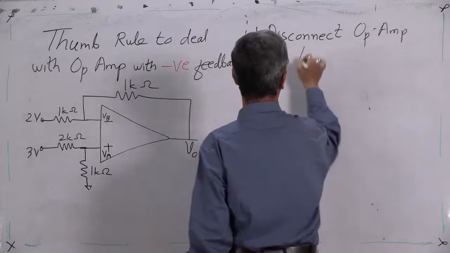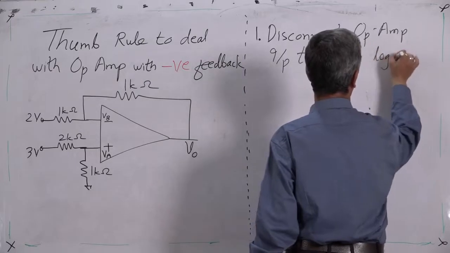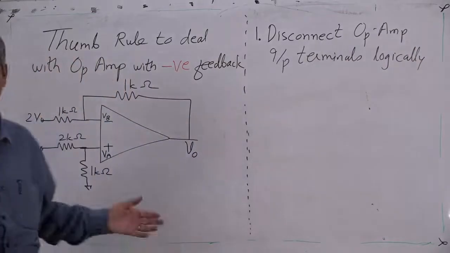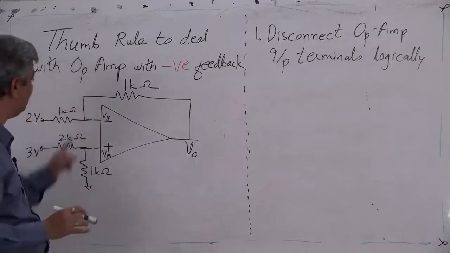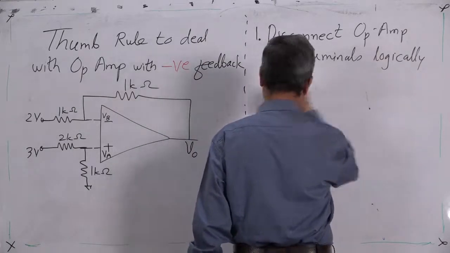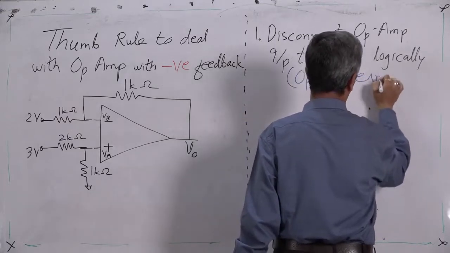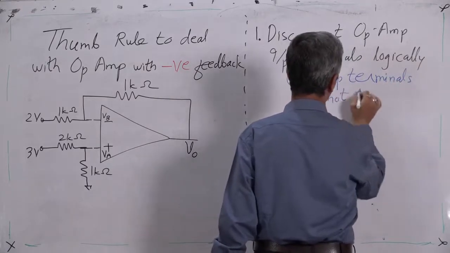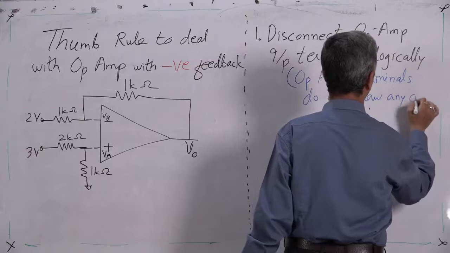Op-amp input terminals. Logically is important. Logically means in your mind. Actually there is no disconnection, because if there is disconnection, the system will not work. So the purpose of this disconnection is to ensure that, for the end outcome we calculate, op-amp terminals don't draw any current. In fact, they draw negligible current which we ignore. Op-amp terminals do not draw any current. So you can use Kirchhoff's law very easily at